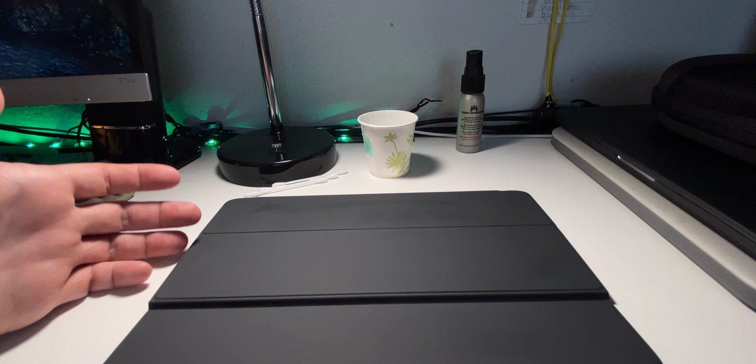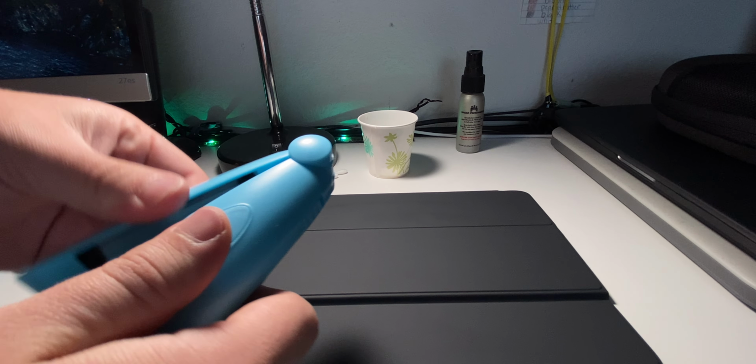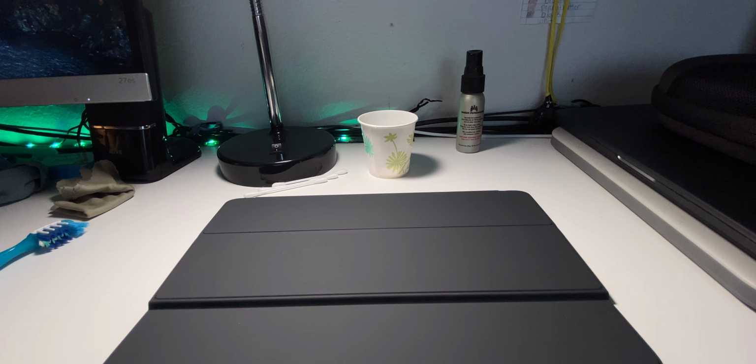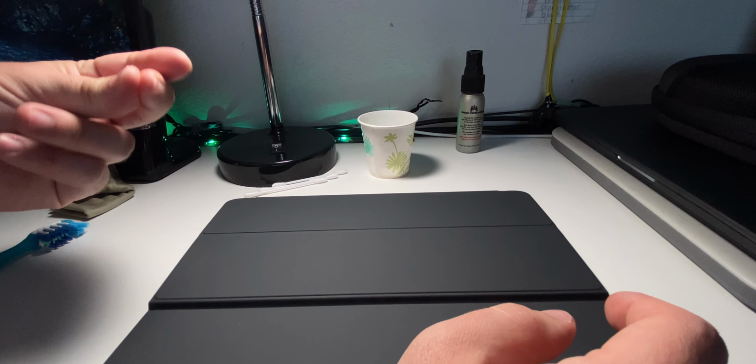There's nothing on Apple's website about cleaning and disinfecting the smart keyboard, but if you have something like a UV light that you can use, then you can go ahead and disinfect it that way. But I wouldn't use anything like alcohol on the surface since it's not approved. So now we're done cleaning the smart keyboard, and we can take a look at cleaning your